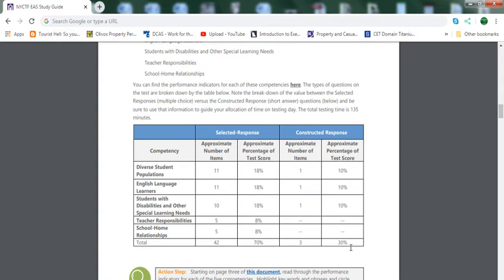when I did the multiple choice questions, I had a hard time, especially with English language learners and diverse student population, because my topic was not that. I didn't know much about it, so when I had the questions, I just had to go on the passages. But it also goes on based on what you know as well. So if you know English language learner skills as a teacher, the answer should come right in front of you. That's what it is.